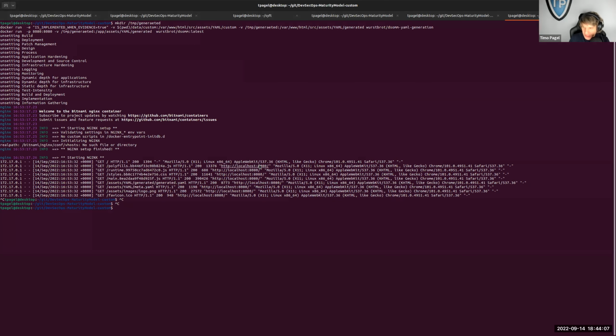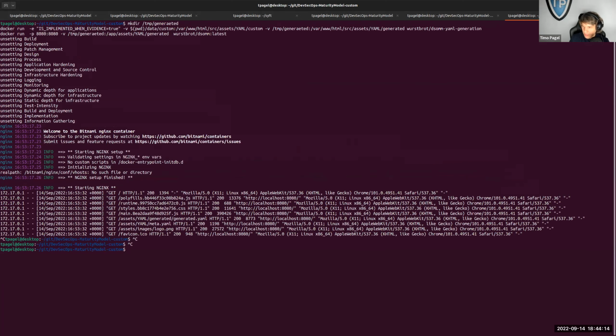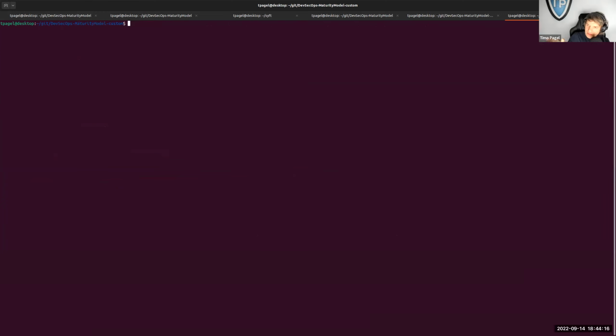So basically, what you were saying is what is already here with these private repositories. This is an example: we have the DevSecOps maturity model custom. In here, we just have data and evidence images. I already put the evidence in with pictures. For example, I have a build pipeline here, and then in the data folder,